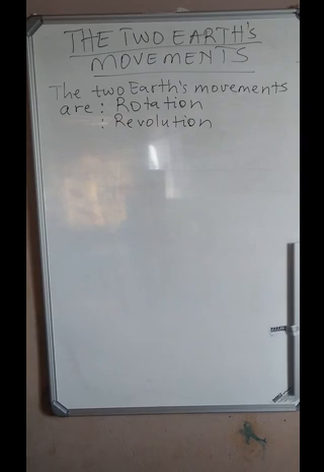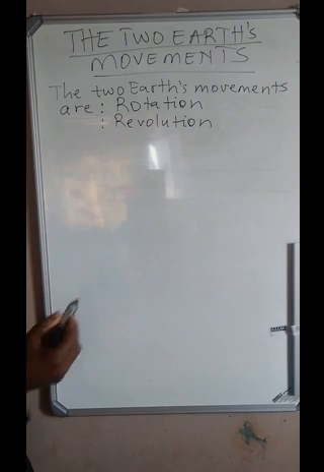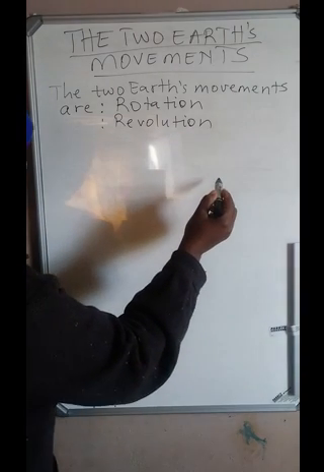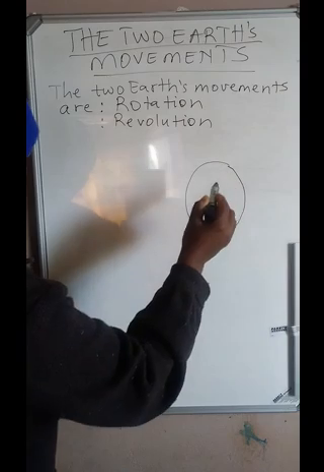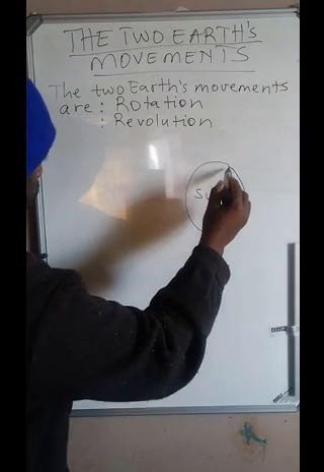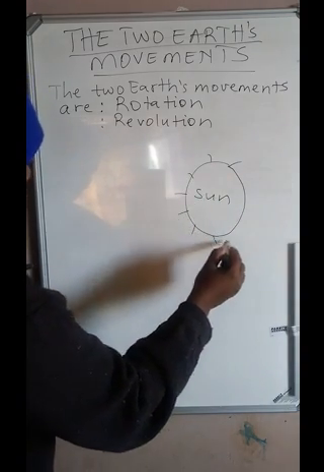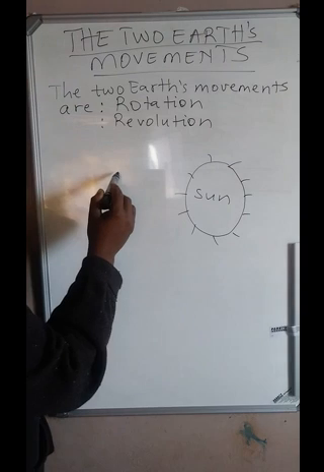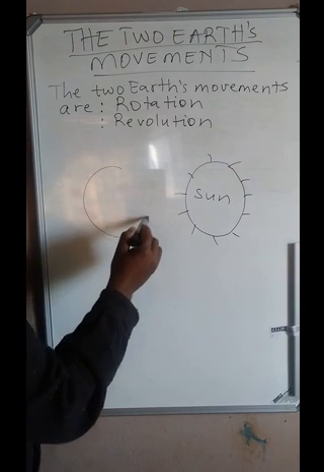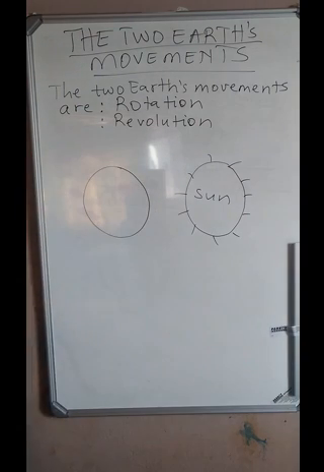So how does the Earth rotate? Here I will make an example. Here is the sun, which is found at the center of the solar system. The Earth is almost shaped like a ball,